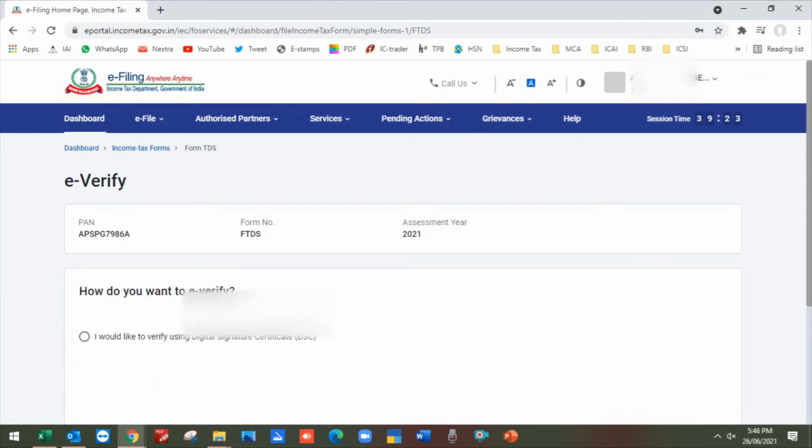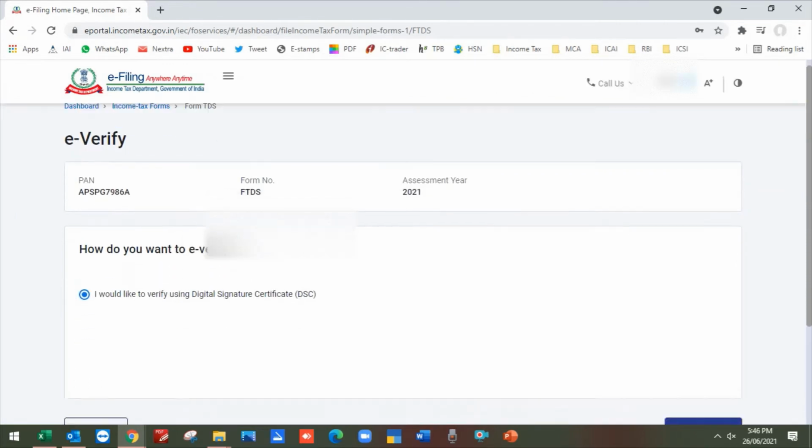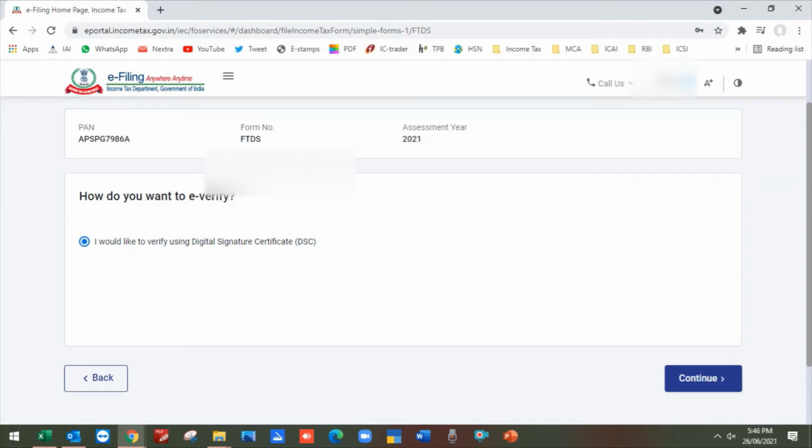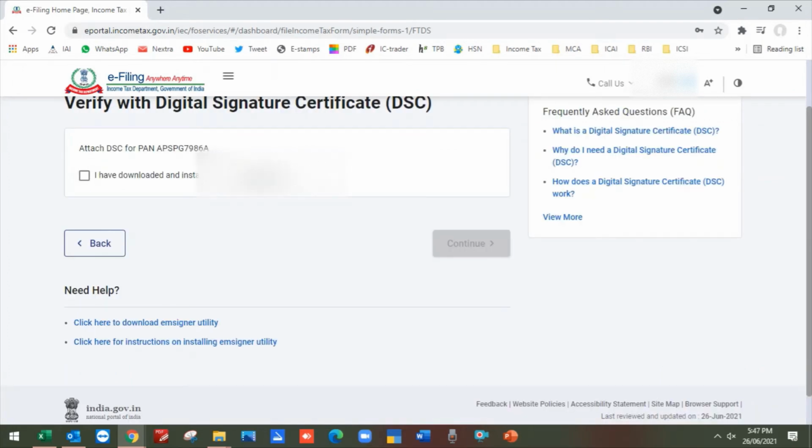Yes, it will ask whether you have a digital signature. Yes, we have a digital signature. The process is the same. You have to install mBridge, because all the DSC-related applications on the income tax portal use mBridge. I already explained this process in my earlier videos related to the income tax portal. Very simple: download mBridge and then install it. Check the status of mBridge, whether it is running or stopped. If it is stopped, then change it to running mode. This is also explained in earlier videos. And then continue, same process.